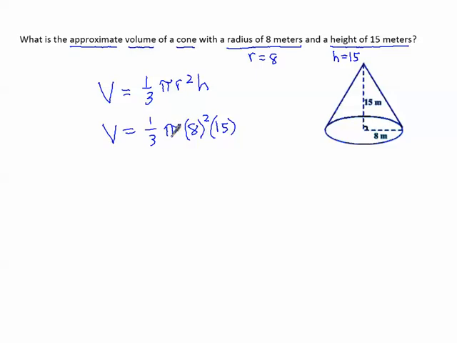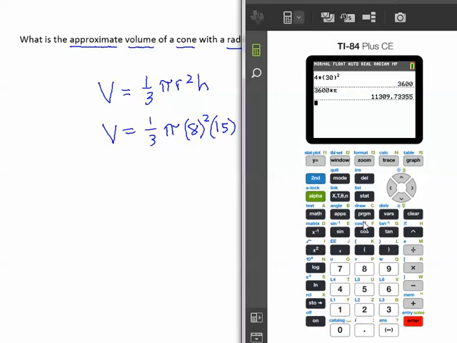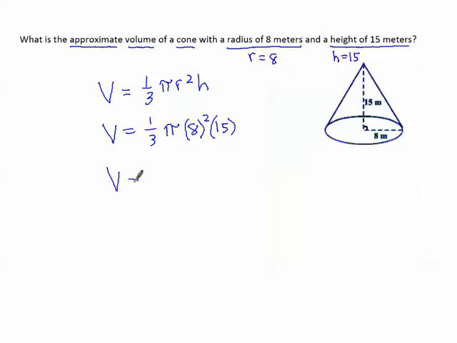Again, I'm not going to type the pi into the calculator. I'm going to just type the fraction 1/3 times 8 squared, put 8 in parentheses like I did, and times 15. I'm going to put 15 in parentheses like I did. Notice I didn't type the pi. I got 320. So I could give the exact answer as 320 times pi meters, because the units are meters,